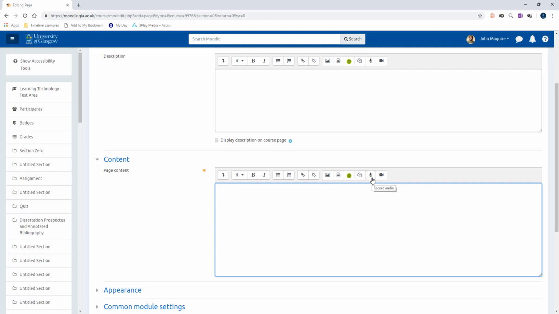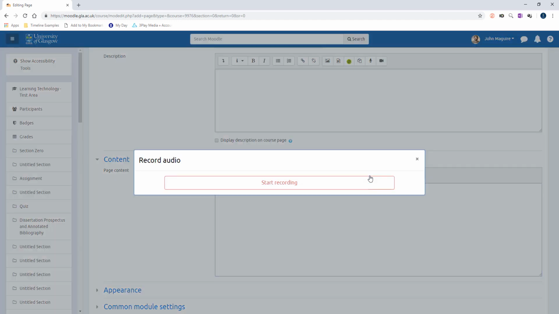So here at the top now we have these record audio or record video, and these will pick up your USB microphone or your webcam. It is recommended that you use a USB microphone as these are picked up a lot easier by your computer and they're simply a lot easier to work with when it comes to simple recording. So if I hit this, I will then see a recording window, and if I click start recording,